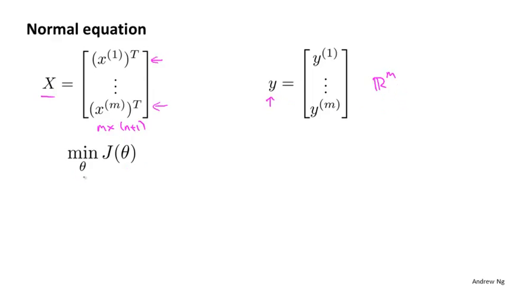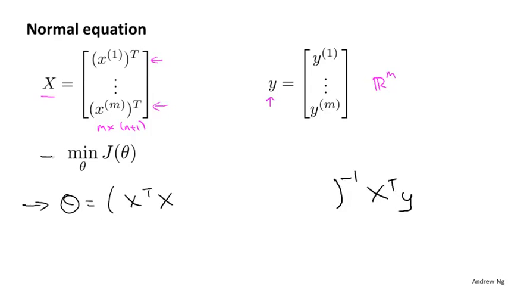And in order to minimize the cost function J, we found that one way to do so is to set theta to be equal to this: X transpose X, inverse, X transpose Y. I'm leaving room here to fill in stuff, of course. And this value for theta minimizes the cost function J of theta when we were not using regularization. Now that we are using regularization,